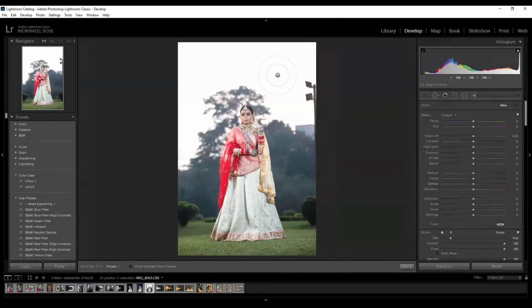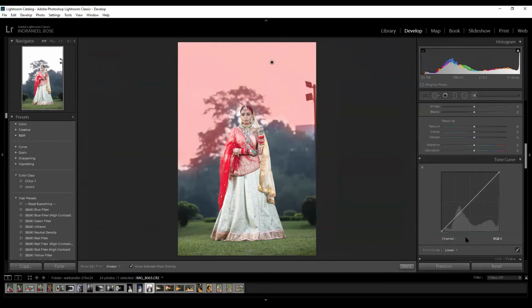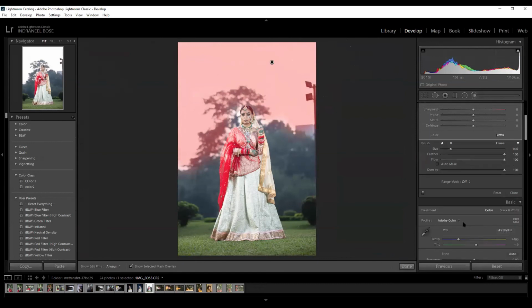With the local adjustment brush, I take the area very well, predominantly. I do a color adjustment also. Let me take a color adjustment precisely. These are the areas I want to work the colors on.